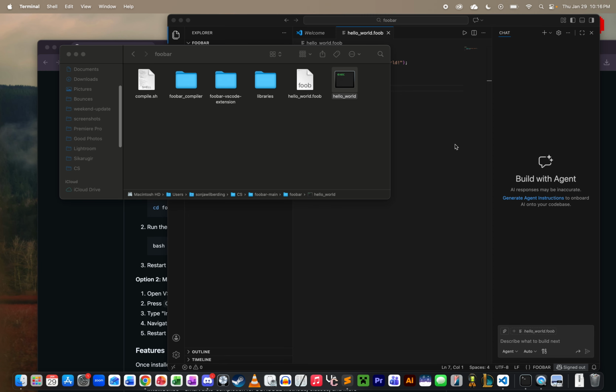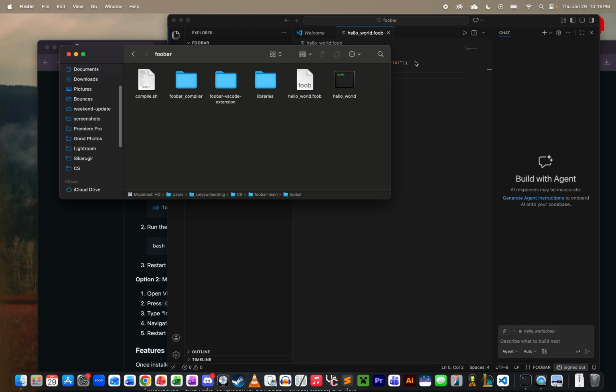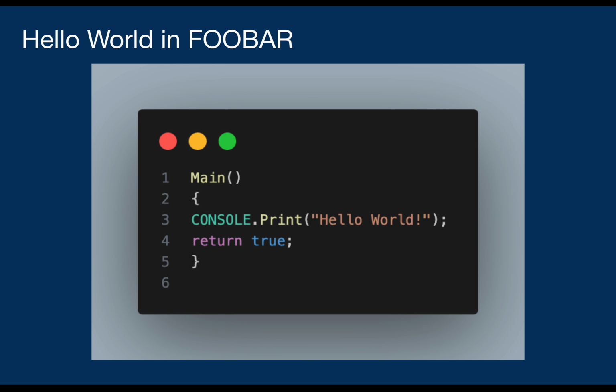And we've actually written our first program in FOOBAR, and we've compiled it, and it can run and actually do something. It just says hello world, but it does something, and it's correct code. Just to review as well, this is how you write hello world in FOOBAR. We wrote it together, but I figured I'd recap it. We've got our main method, we're printing hello world,